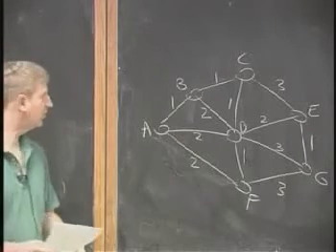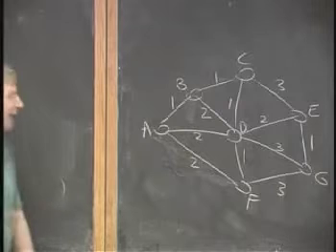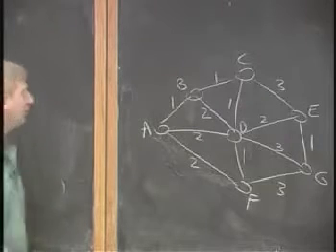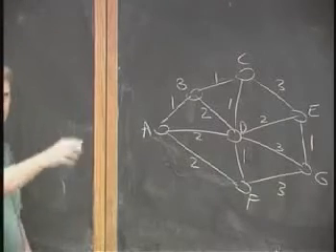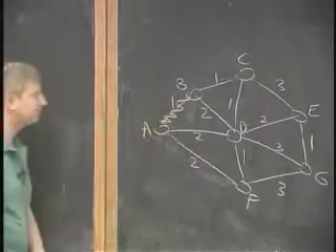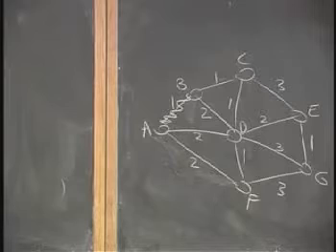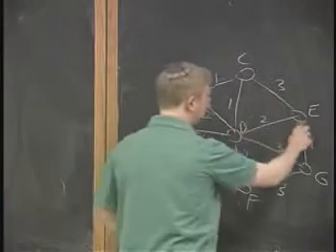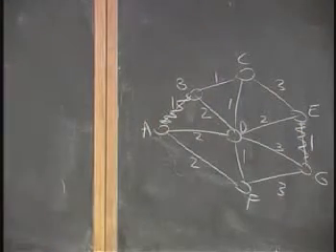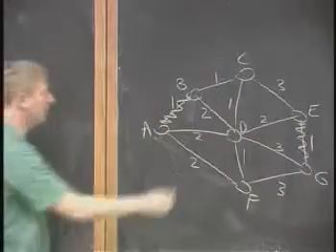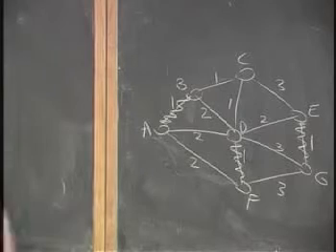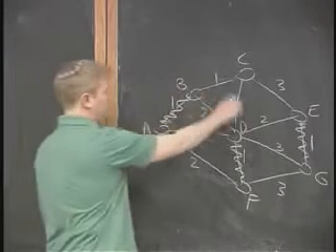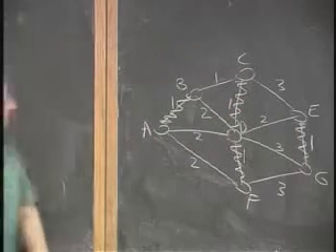Let's see what happens. So it starts off picking an edge of length 1. Any of them are okay. Just whichever one it comes to in the graph structure first. So let's say it's doing things in alphabetical order in the graph structure. So it might hit this edge first. All right, that's 1. Then it might go to, well, let's say E comes next in the structure. I'm switching it around. It might go there. Then it might go here. Now what are the choices? This or this. Let's go to this one. So now we have three